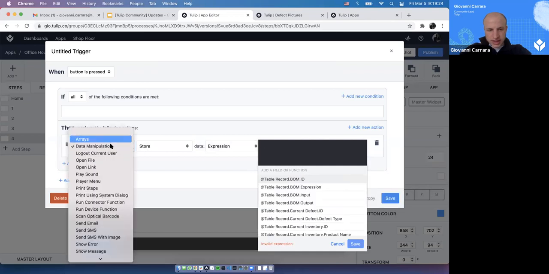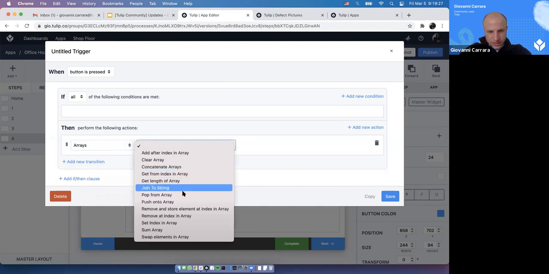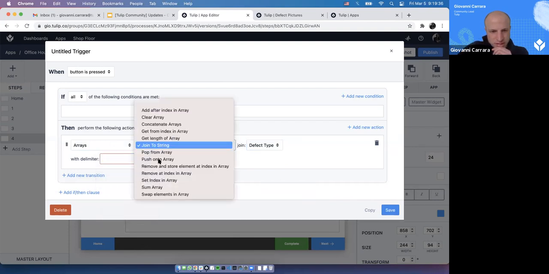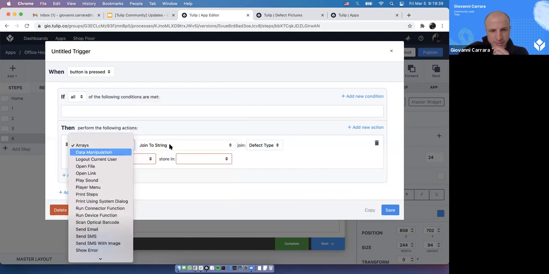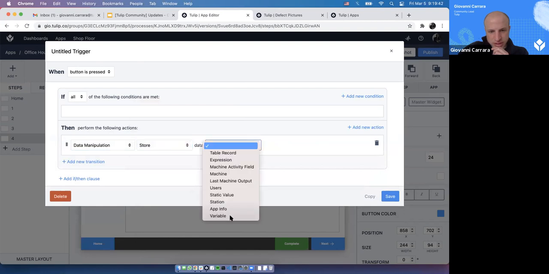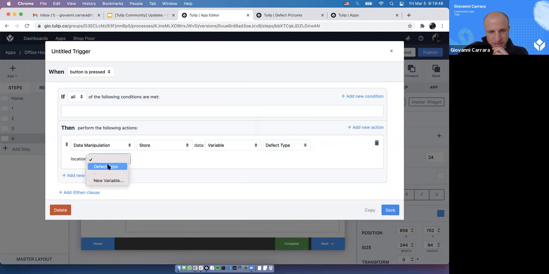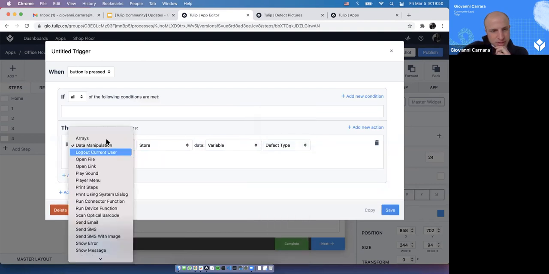Actually, one second, because I always get them confused. Yeah, join to string, that's the one. Defect type with... Let me see. Data manipulation, store variable. Because if I do defect type like this, I don't think, no, it doesn't show up. So